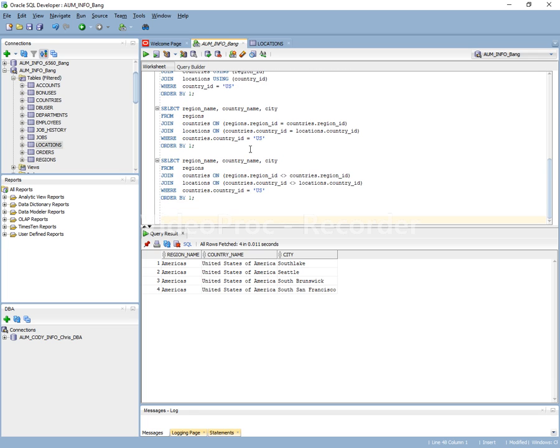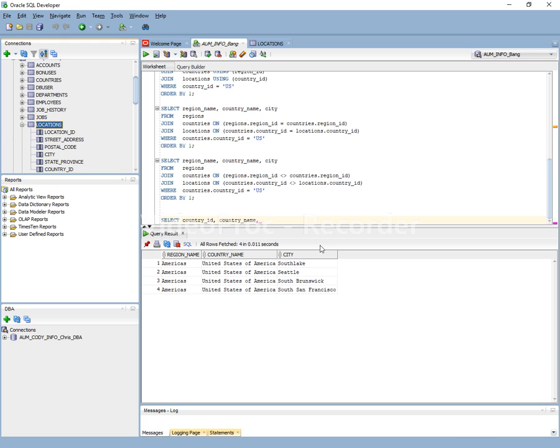Select country ID, country name, and location ID, street address, city, state province, and postal code